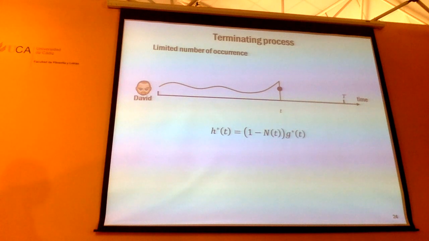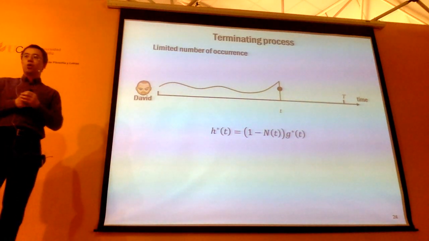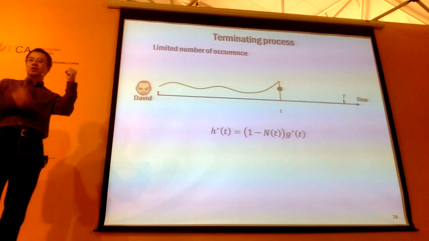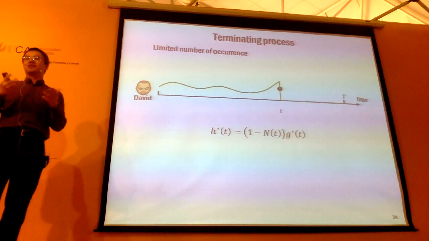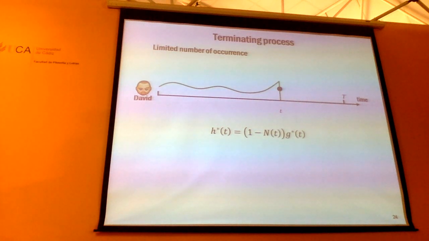So, for instance, this is useful later when we try to talk about idea adoption or the spread of disease. In that case, a particular piece of idea, you can only adopt it once. Once you adopt it, you like it. You won't like it for the second time. Or it's some kind of food. You capture it once, and then you're not going to capture the same food again. So this is a simple example. This is a time-related process, very useful for those cases.